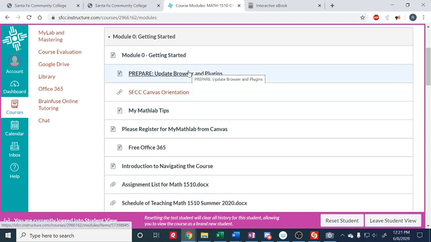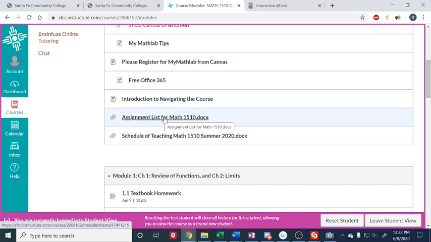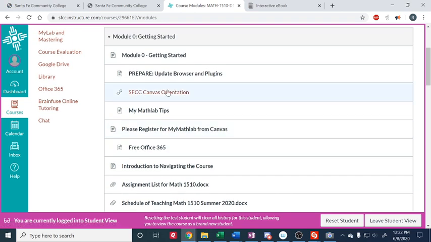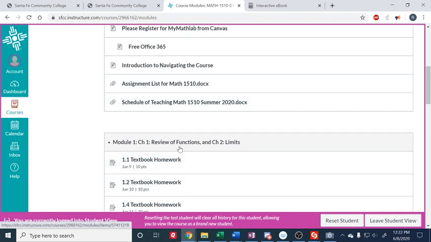Okay, so then the Getting Started module. Here's information about getting the free Office 365 for being an SFCC student. You'll want to go into the assignment list. It tells you what all the assignments are. And it's a Microsoft Word document. So even these documents here, you'll need the Office to be able to read these, the Microsoft Office Suite. And then